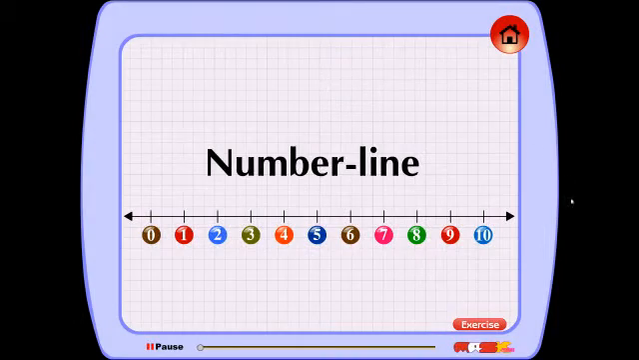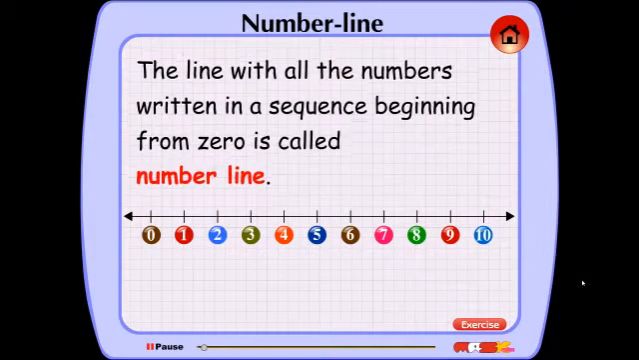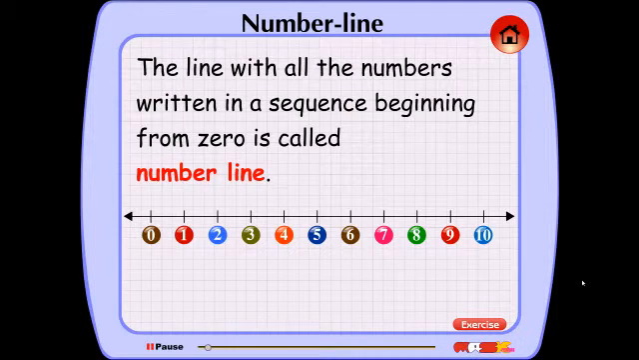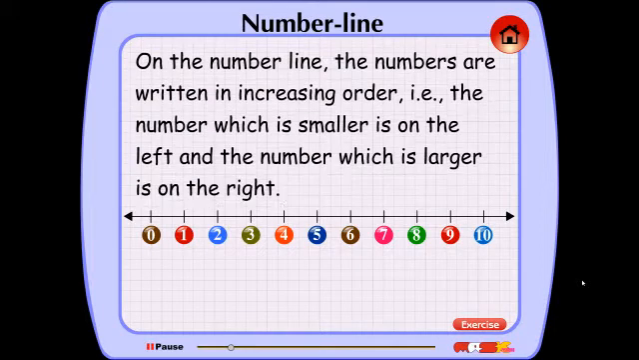Number line. The line with all the numbers written in a sequence beginning from 0 is called number line. On the number line, the numbers are written in increasing order. That is, the number which is smaller is on the left and the